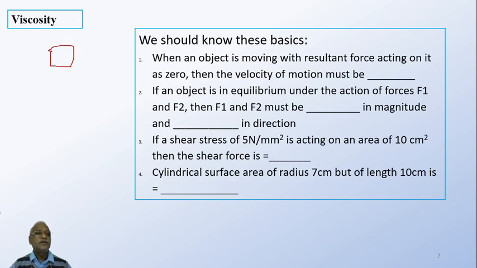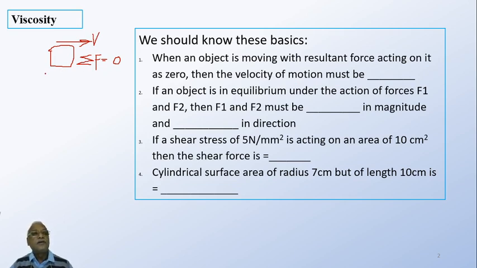You have an object, it is said that it is already moving, and the force on this is equal to zero. There may be vertical force, horizontal force, inclined force, all those forces are equal to zero. So you can write that sigma F is equal to 0. Then the velocity of the motion must be what it should be. If it is v, then